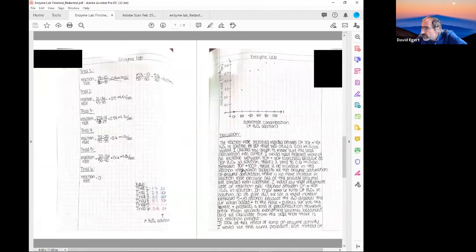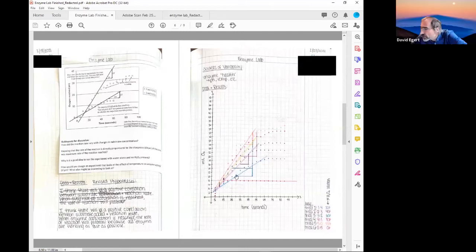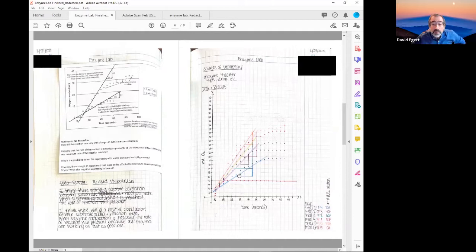Wait, let me do that again. 15 and a half and 10. So I go here at 50, it's about 15 and a half. At 30, it's 10. So they calculated the slopes well,